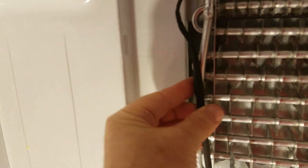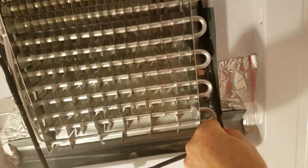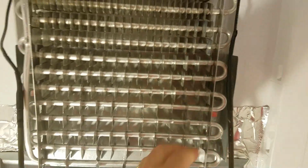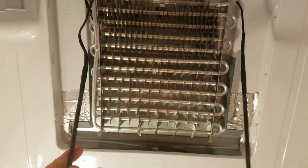So I freed up this side. I got this side out from around the holder, and now I'm just freeing up this side, getting it out and around. A little bit of finesse, try not to break anything here. There we go. It's freed. And now that can